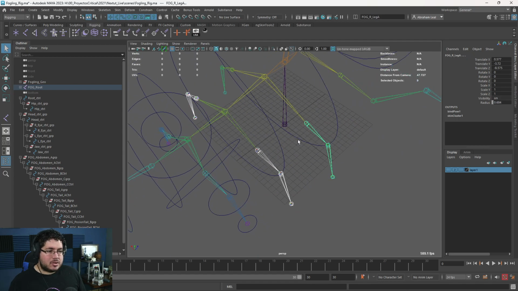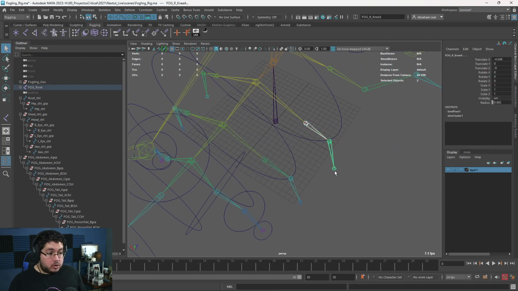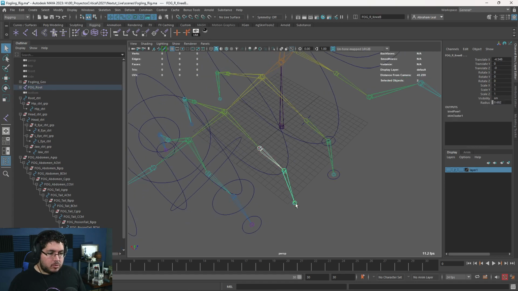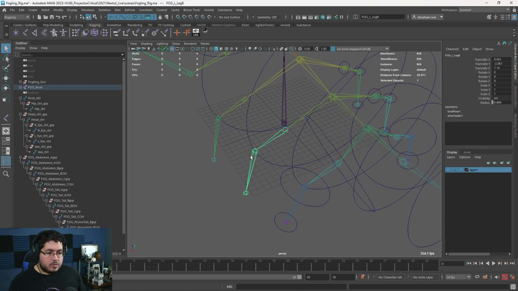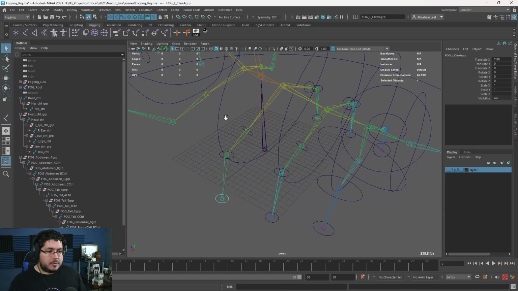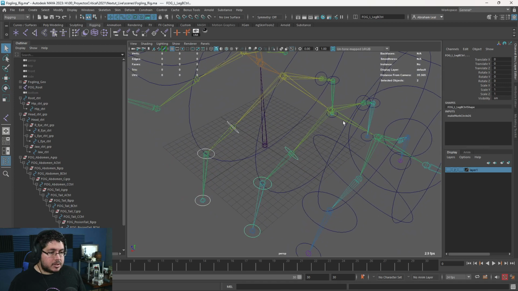Let's turn it off. There we go. So again, you cannot do this on multiple chains. This script only works per chain. You have to do them one by one. So script 1, 2, 3, script 1, 2, 3, script. There we go. So now we can grab, for instance, all of the top level ones.